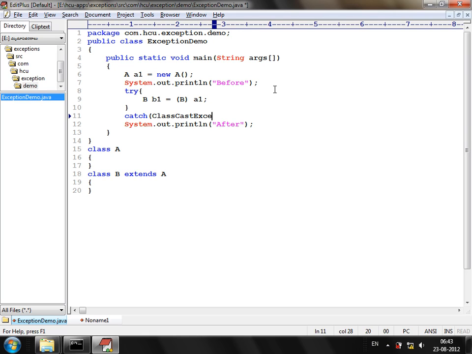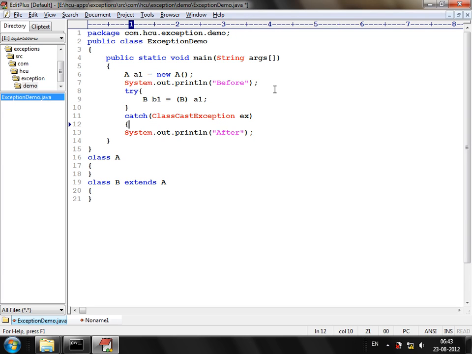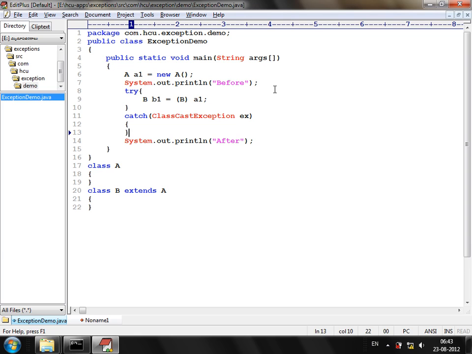We suspect that there is a chance of getting a ClassCastException at this line. So we have surrounded this statement by the try block, and soon after the try block, we write a catch block which has a ClassCastException